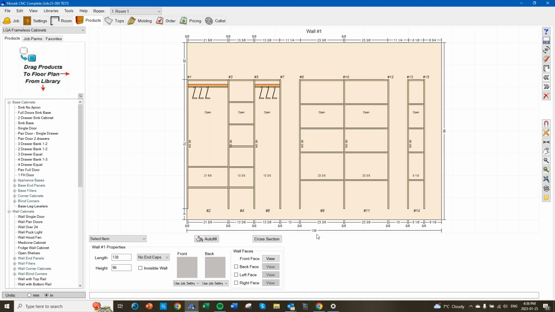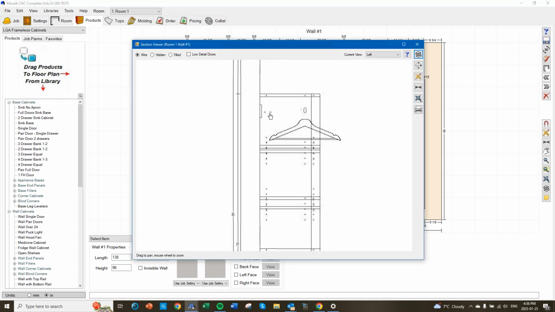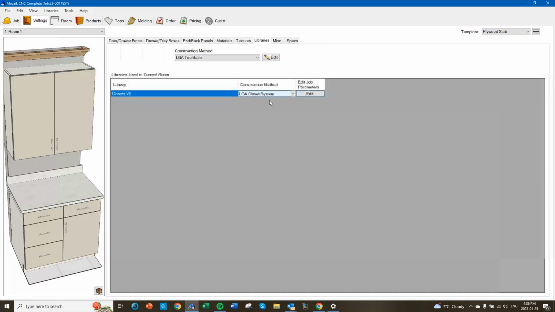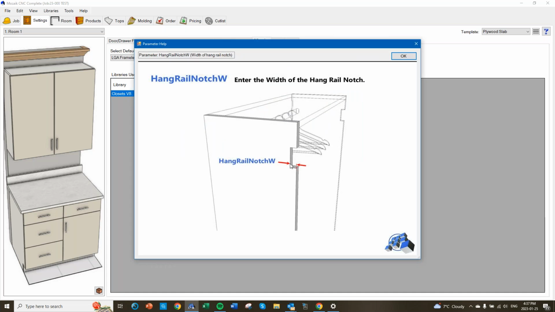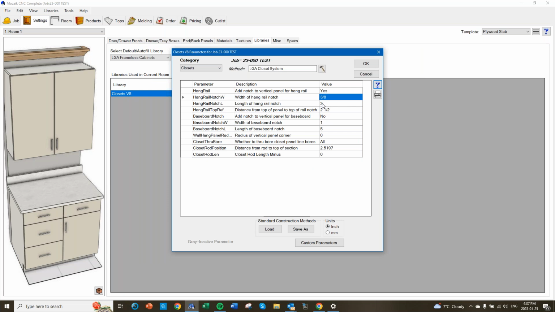So now let's look at it here under the cross section. So that's what it's looking like now. If I want to change the thickness of the notch, the hole, I just go to the settings, job settings, parameters. Go to the closet category, and right here, that's the width of your notch. That's this dimension right here. And if I want to change the diameter of the hole from 5 to 10, I do it on